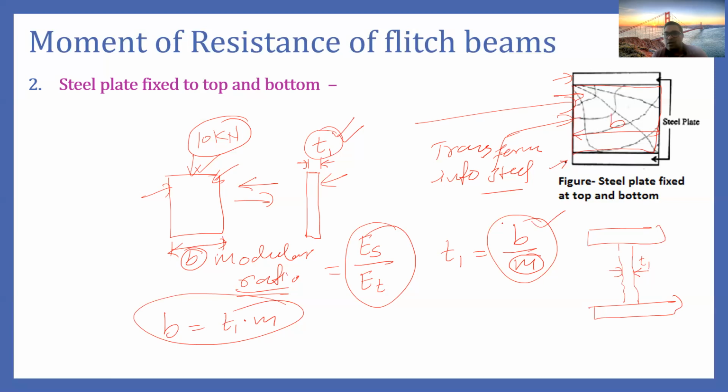So therefore now as you can see, we now have this whole steel plate. Now we have replaced this timber with the steel, so the whole beam becomes of steel. So therefore in this case moment of resistance will be FB steel into section modulus of steel. So in this case, how do we find out section modulus? So that we will see.